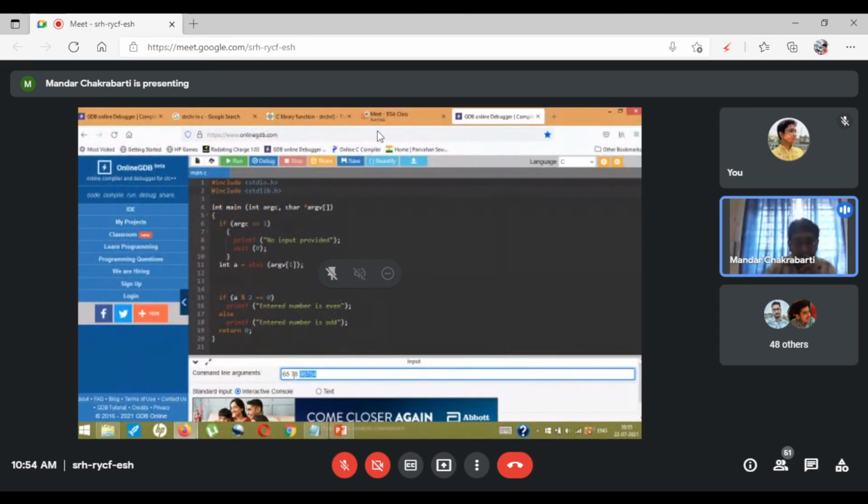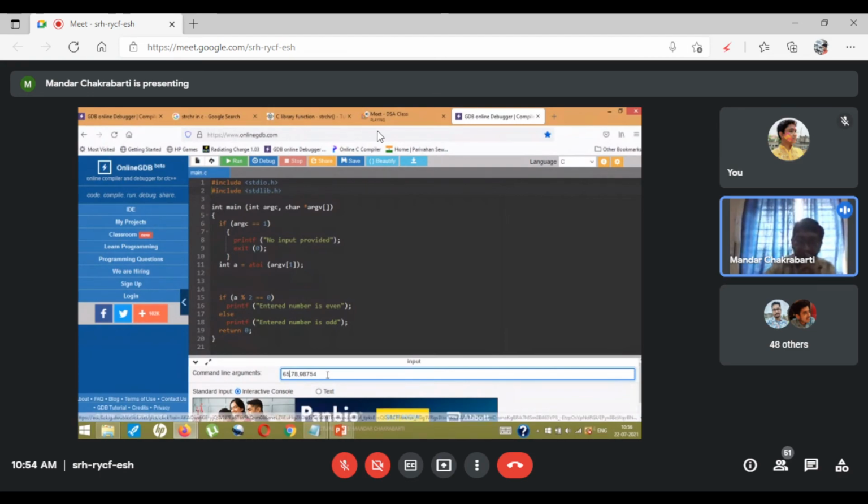Right. But what if I were to give these values as comma separated, or say semicolon separated, or colon separated? If I give these data inputs in this format, that means the entire thing is getting stored in the first index, but I have to separate out these numbers individually.